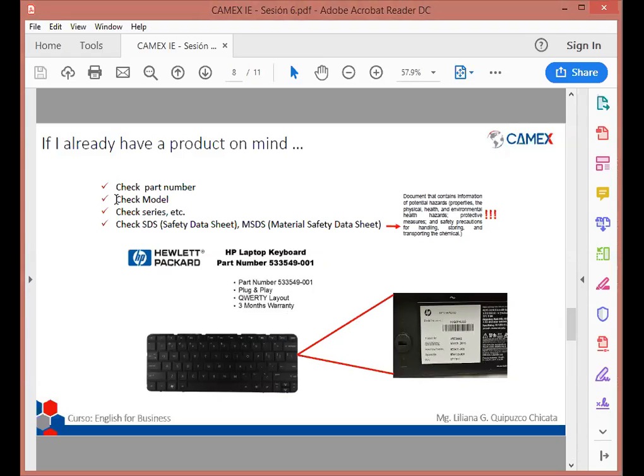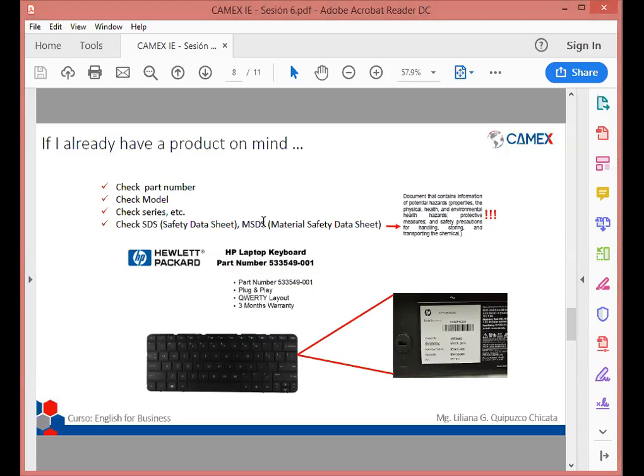In this case, we could find the part number, the model, the series, or maybe other information. Let's say the characteristics of the product, the layout, the warranty, and the brand. So if I already have this product in mind, I could find the specifications of the product, the characteristics of the product, and also check the SDS, the safety data